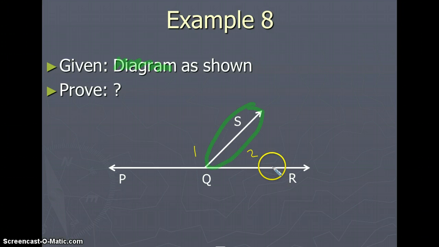So I think we talked about this two sections ago, that if we have two angles that add up to 180, we had a special word for that. We called it supplementary. So my conclusion would be this, that angle PQS is supplementary